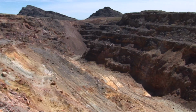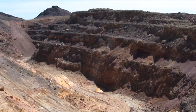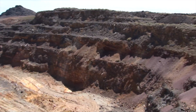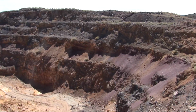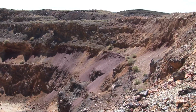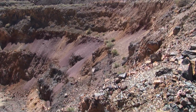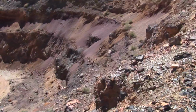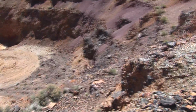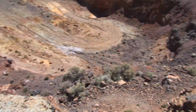To help fund the mine, a guy called me up and we had an hour-long conversation about the mine, and at the end of the conversation he says, this sure sounds like the Drum Mine. And I said, yep, that's the one. He says, I've got some documentation on the Drum Mine that I've had in my files for years that you might be interested in. And so I gave him my email address, and half an hour later this document shows